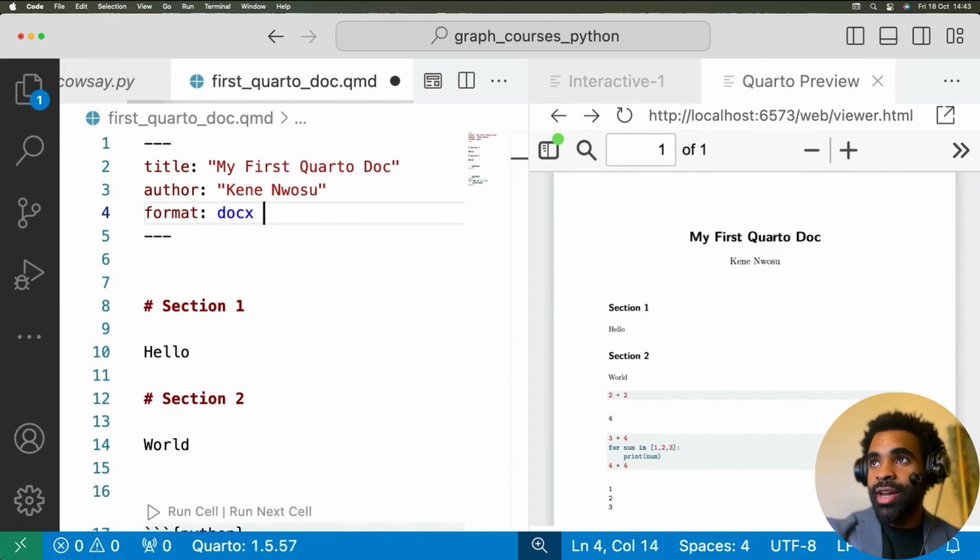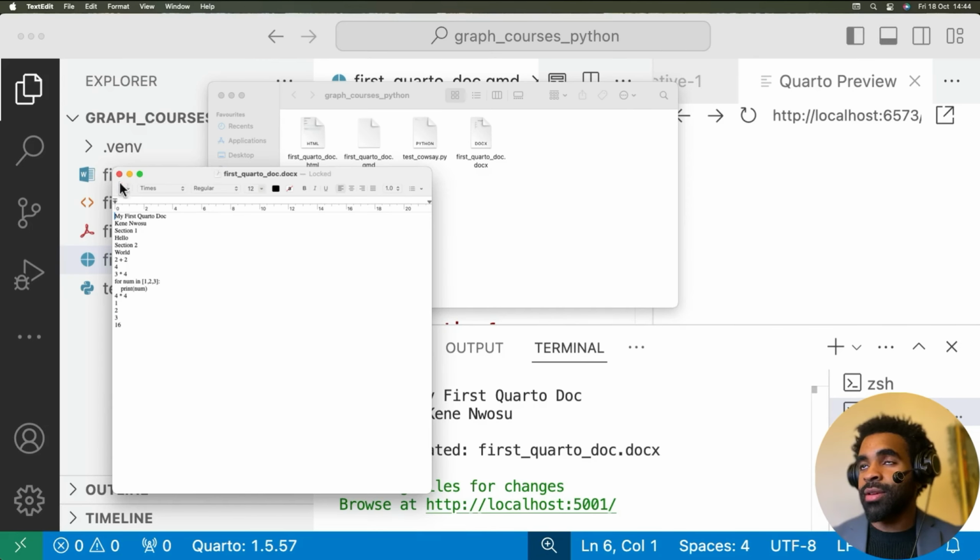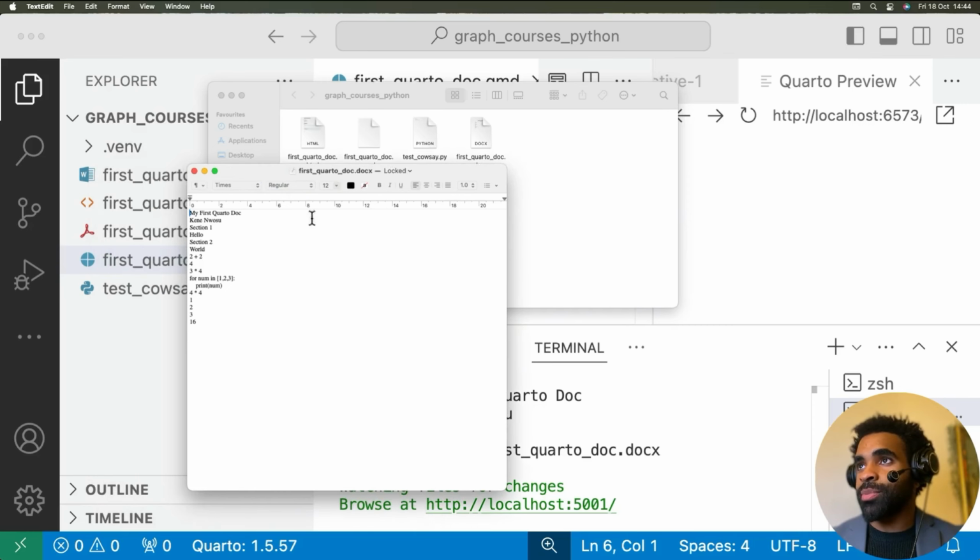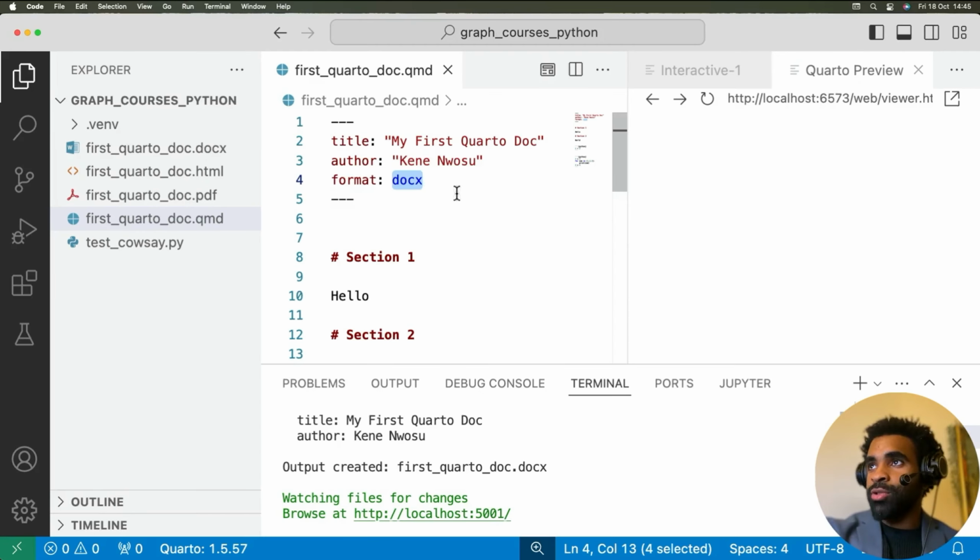I'm going to create a docx. So docx stands for Microsoft Word type document. So format docx. Let's render that. I don't have Microsoft Word installed on this computer, so I can only see it in TextEdit. For the next format, we can use PPTX, which stands for a Microsoft PowerPoint type presentation, and we can render